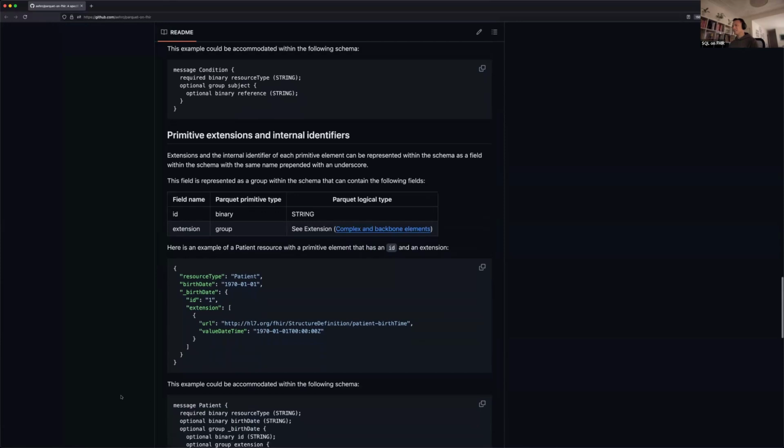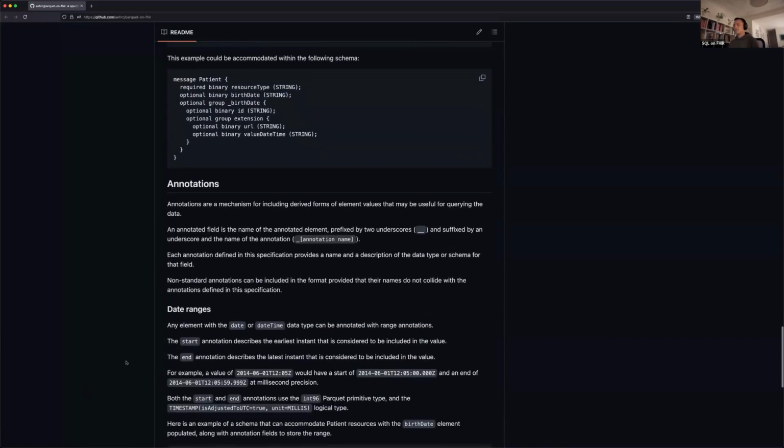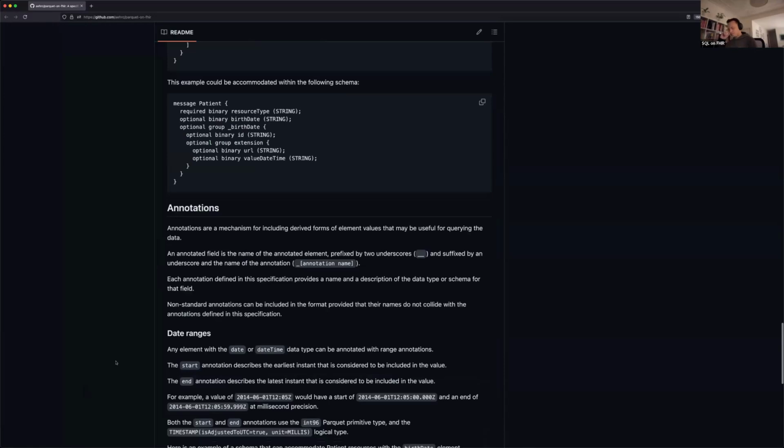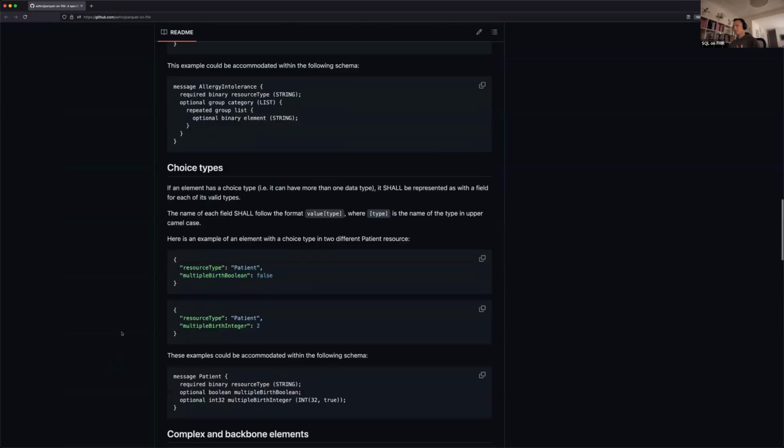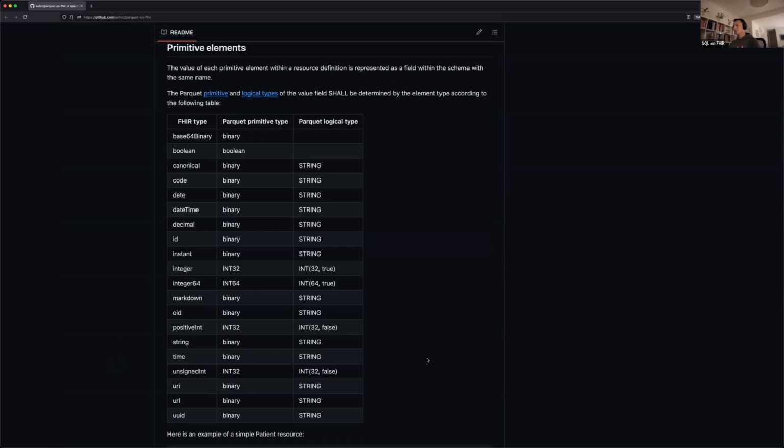Primitive extensions, again, exactly the same as the way it's done in JSON. And then the last part here is my attempt to describe a way of having optional annotations within the data set. So the idea is that you would have the data as original as possible. So if we go back to the data types here, pretty much everything is a string except for integers and booleans. And the reason for that is that